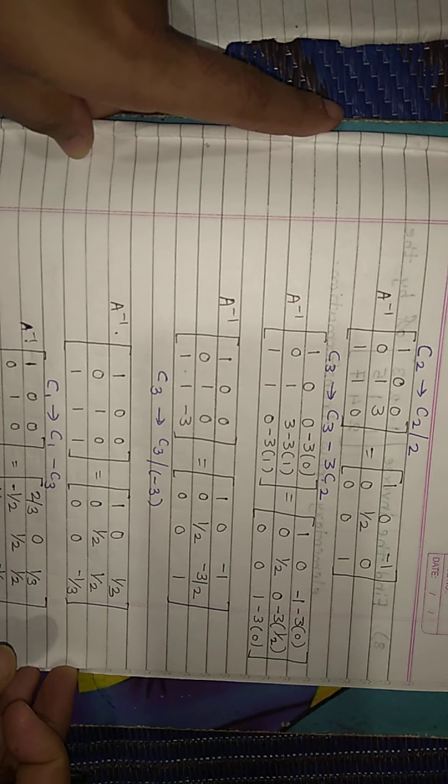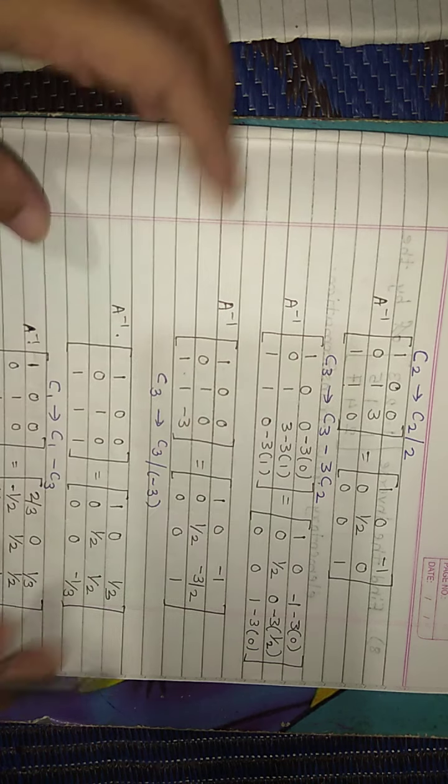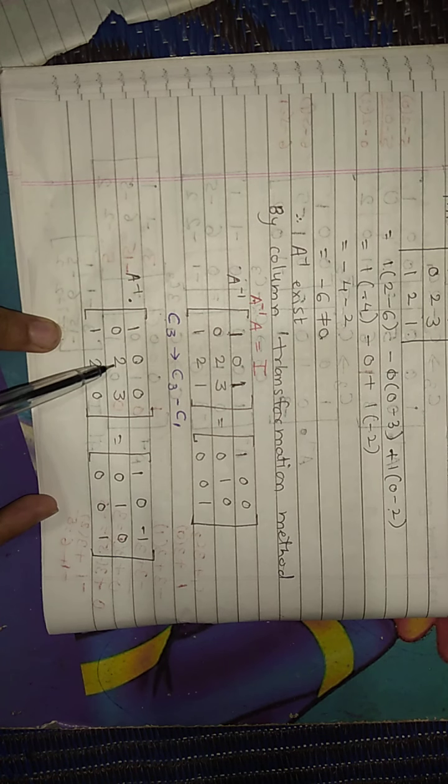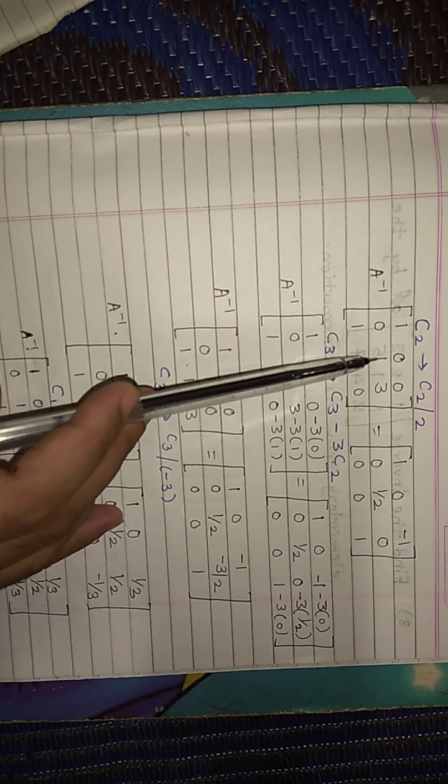Now the next one, we have to convert the next element to a 0, but there is a 2 present. So C2 column we divide by 2. So C2 row as 0, 2, 2: 2 divided by 2, 0 upon 2, 2 upon 2, 2 upon 2 is equal to 1. So same step we apply over here: 0, 1, 1. Same here: 0, 1 upon 2, 0.